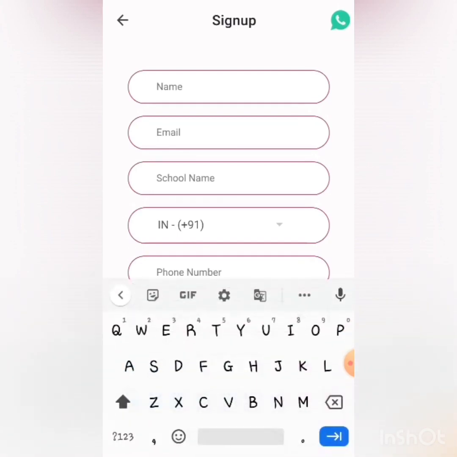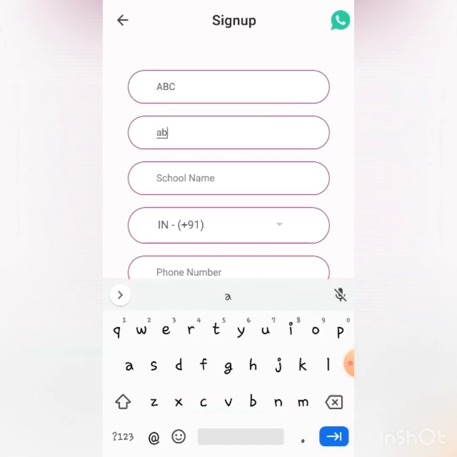The name, you need to write your own name obviously. I'm writing ABC. Your email ID, I'm writing abc@gmail.com for an example here. Then you need to write your school name. I'm writing S2S over here, but you need to be very careful when you're writing your school name, as many of you commit mistakes in the same. You need to write the whole school name so that it is very clear to the admin that from which school you belong to. Suppose you are from KV Vantalab, then you need to write the whole school name, or else you are from KV Vasant Kunj or KV Ayanagar, you need to write the school name correctly.